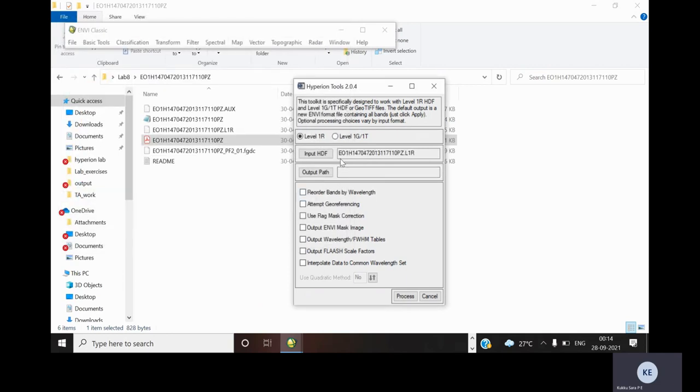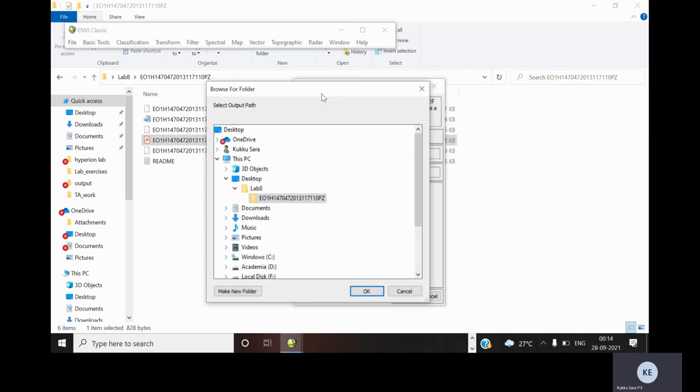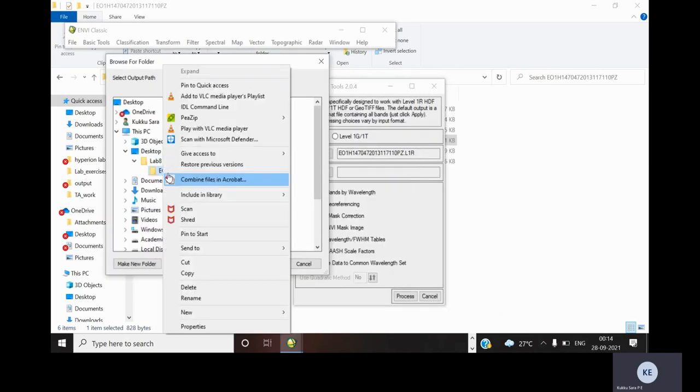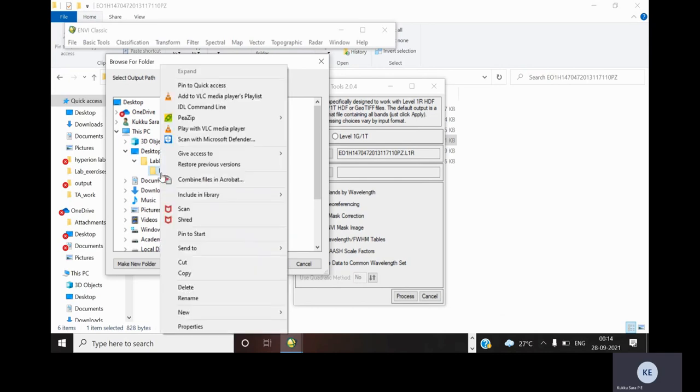This Hyperion tool will convert our input data to an ENVI compatible format. We will save the output to a new folder.